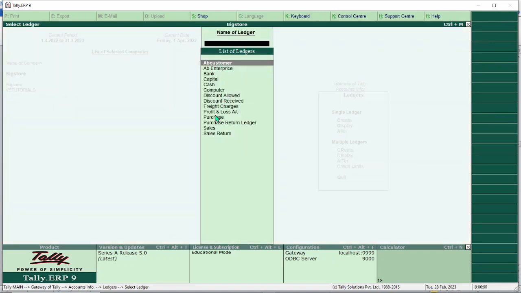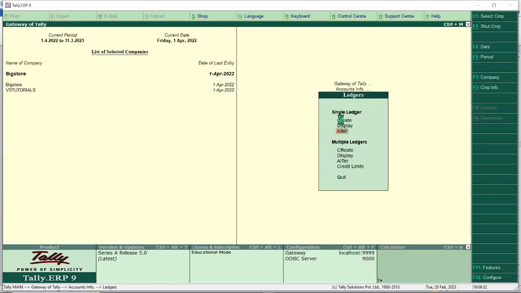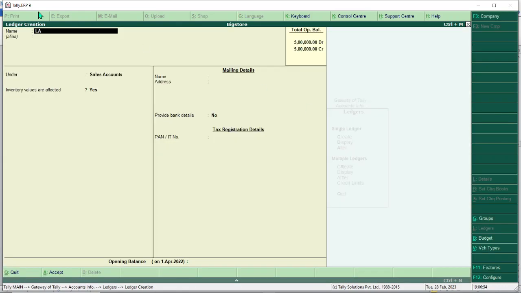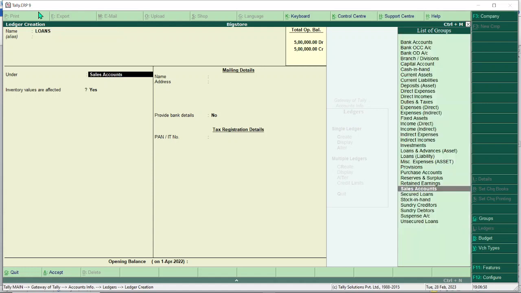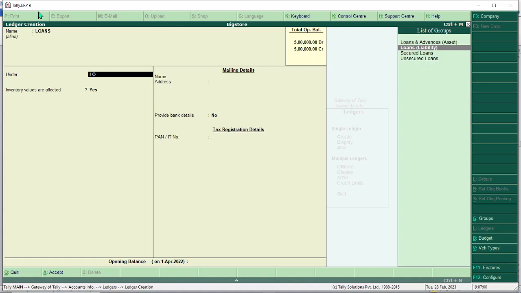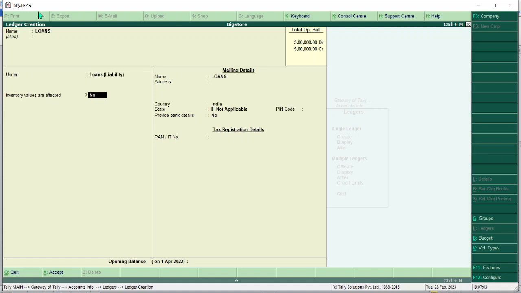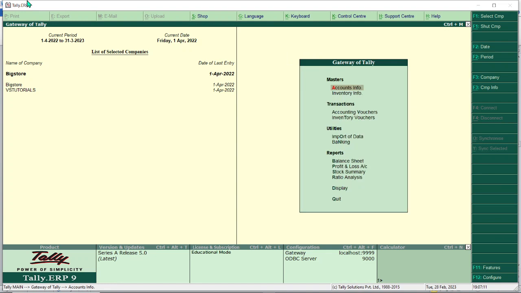do I have loan here? No, I don't have loan here, so I have to create one. Loans under loans and liabilities. Loans liability. Effect inventory values are affected? No, it is as default. So